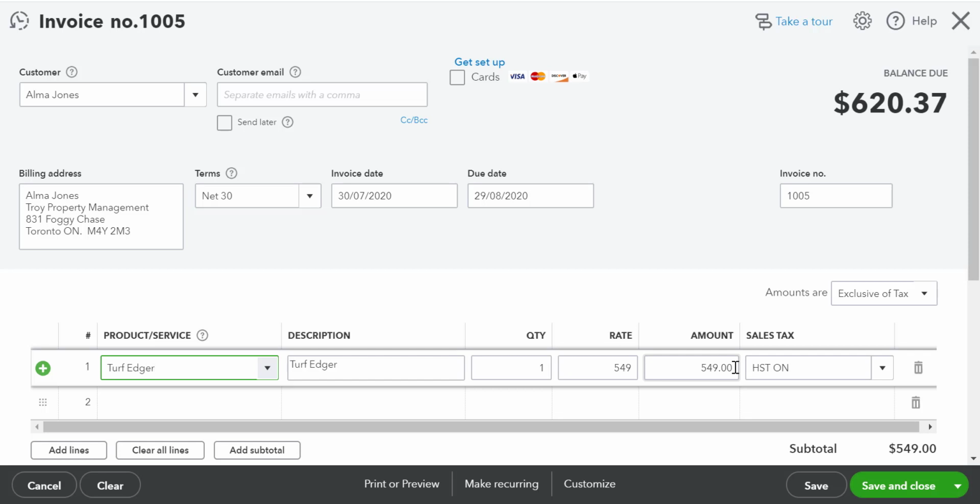The difference between this and selling a service is that behind the scenes, QuickBooks is going to do an entry requiring the cost of goods sold and the inventory asset. Behind the scenes, QuickBooks is going to debit the cost of goods sold account and credit the inventory asset account. We can see this when we save the transaction,